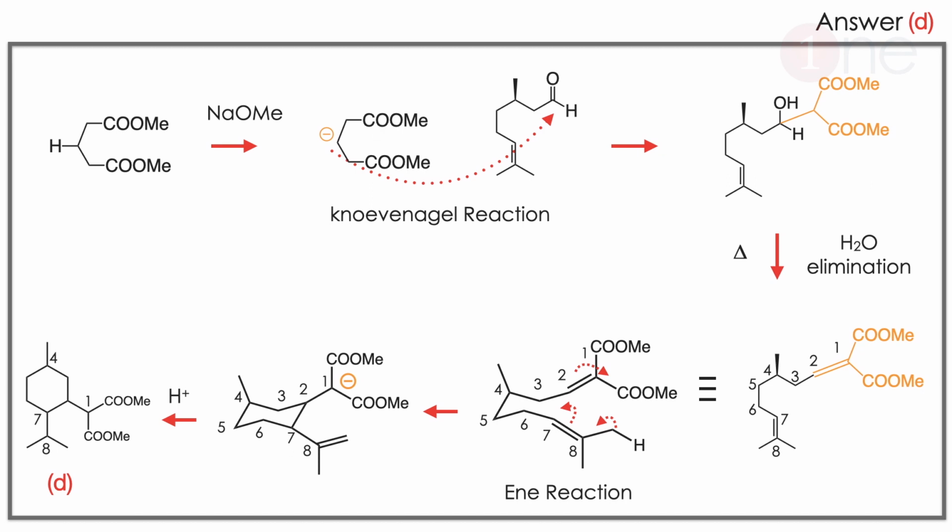So the proton will go, donate the electron, then the double bond shifts between 7 to 2, then 2 to 1, and finally a carbanion will form. Then if you add a little bit of hydrogen there, the negative charge will vanish. So the final product will be the cyclic one, which has methyl and isopropenyl attached at the 4 and 7 positions, then COOMe. This looks complicated, but once you practice it will be easy. I always recommend you write numbers while solving this kind of reaction.